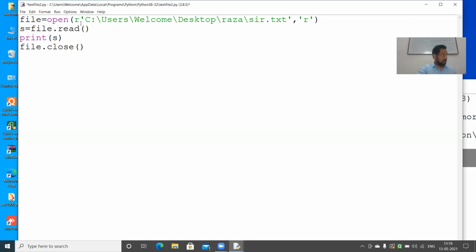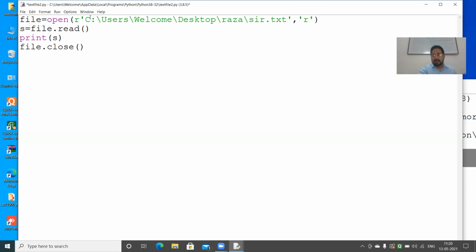R, you write the symbol R or the letter R is given before the path name of any file.